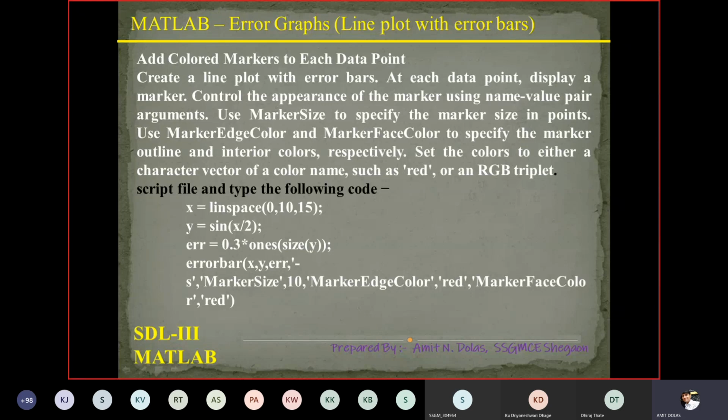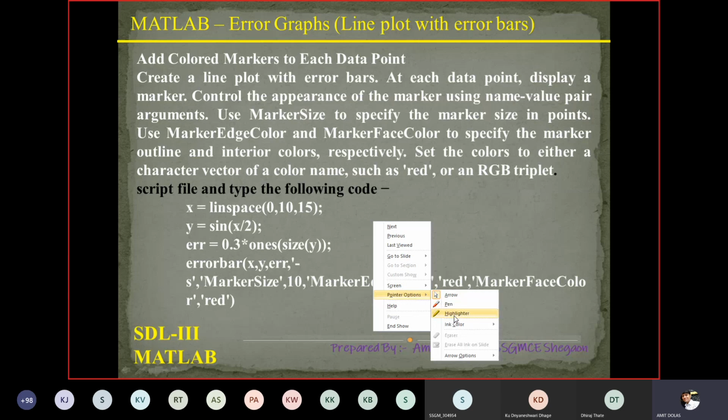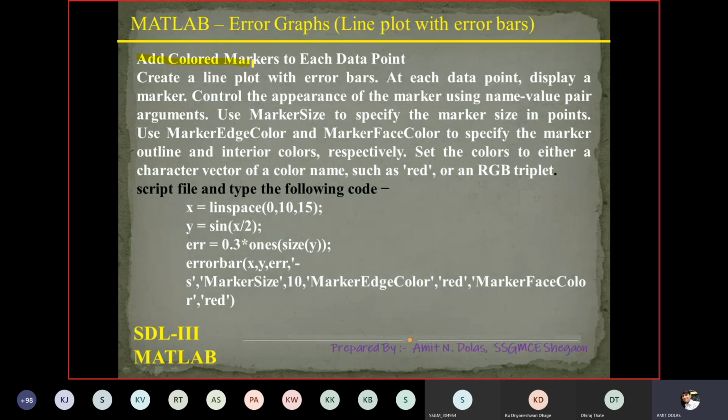And lastly, you can change specifications of color, line, whatever. So add a colored marker to each data point, create a line plot with error bar at each data point, display a marker, then control appearance of the marker using name value pair arguments.